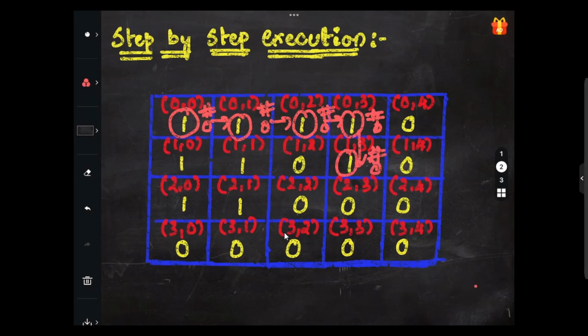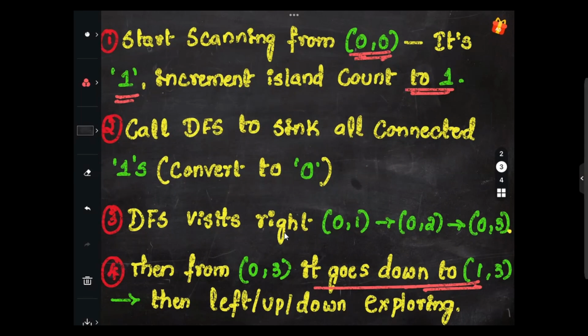0 is nothing but after visiting the cell, we will convert the 1 to 0, right? So that's what we are doing here. Hash is nothing but we are making sure that the cell is being visited, so we don't have to revisit the same cell. We don't have to revisit the cell again, right? So here,